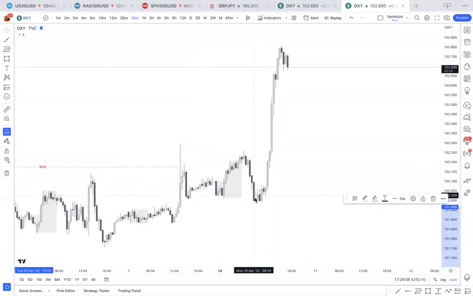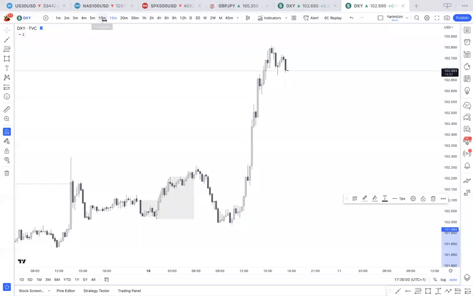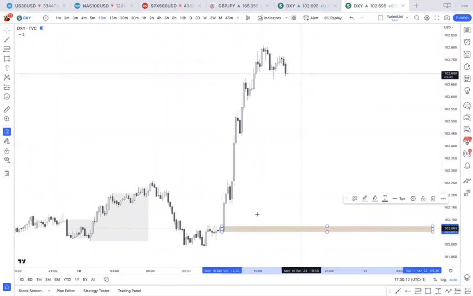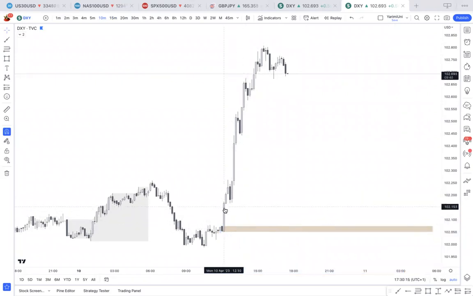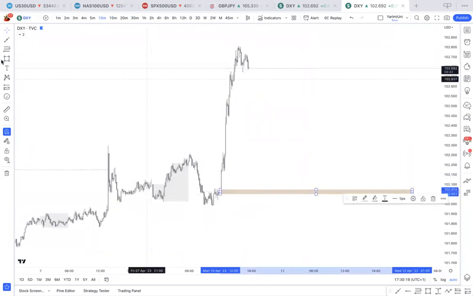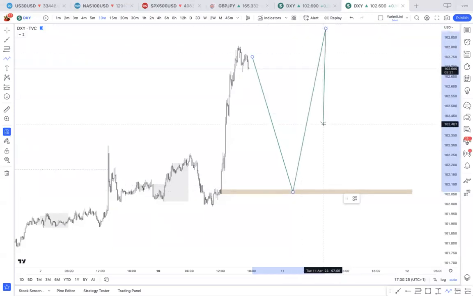And we look for an area over here where a change of character happened or there was a massive imbalance. So now, guys, you can see that I've chosen the order block that had a massive imbalance before it, right? So we're waiting for price to come back into this zone right here. And then we're going to put 100 lots, guys, with no stop loss.